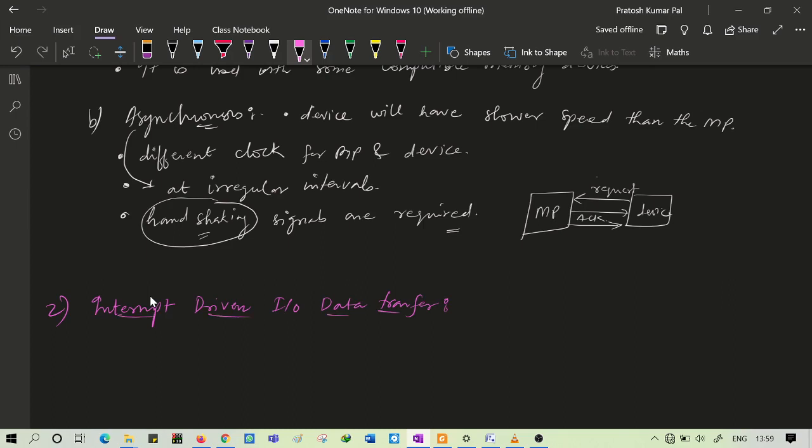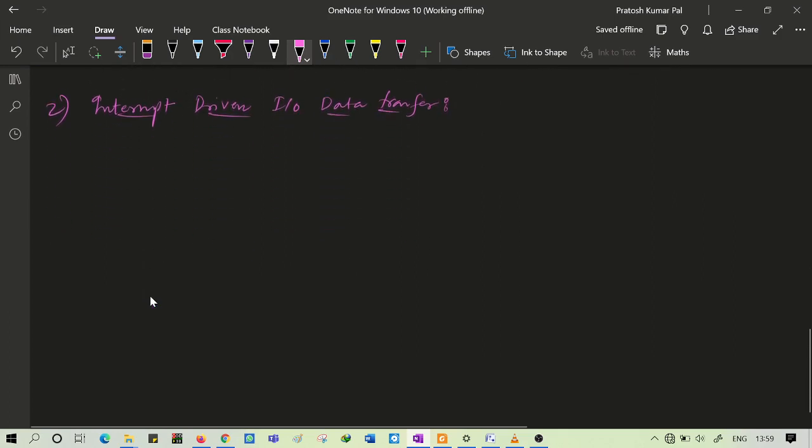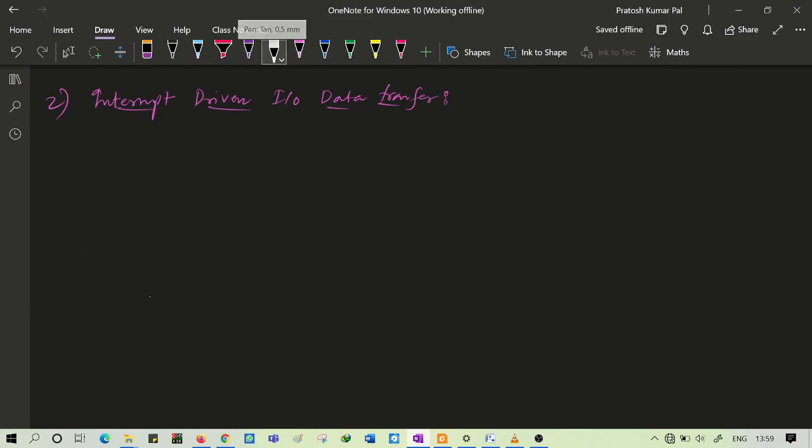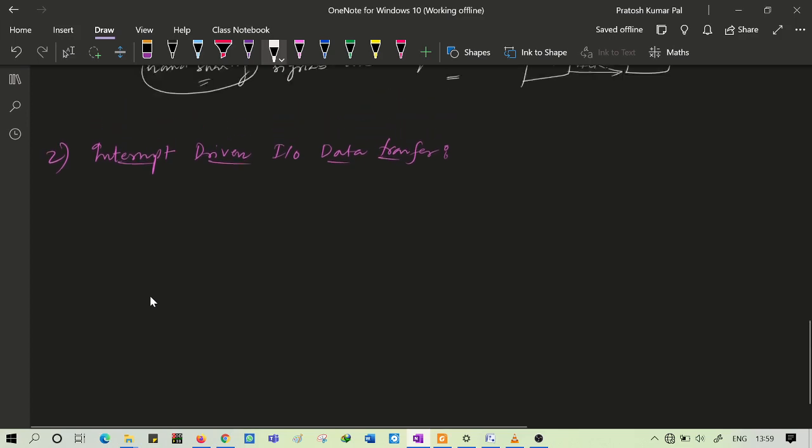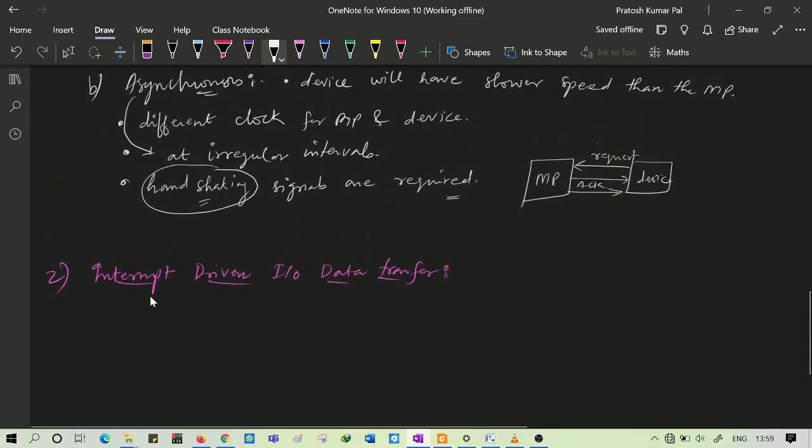What is the need for this interrupt type of data transfer? In the first type that we have seen, programmable input output data transfer, there is very much wastage of time, because it spends some time in handshaking.